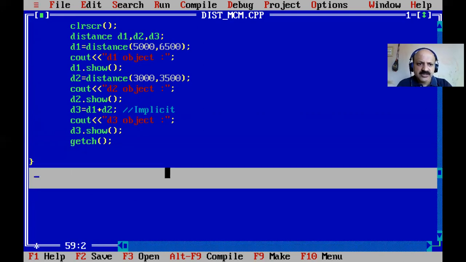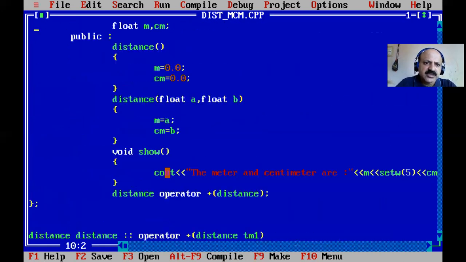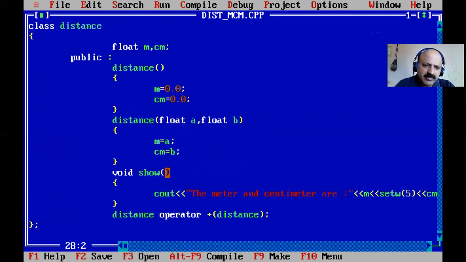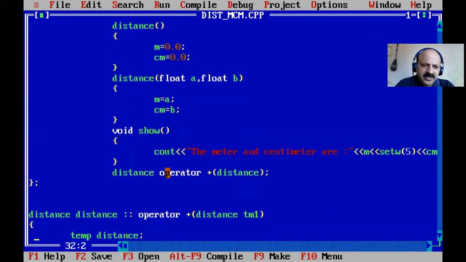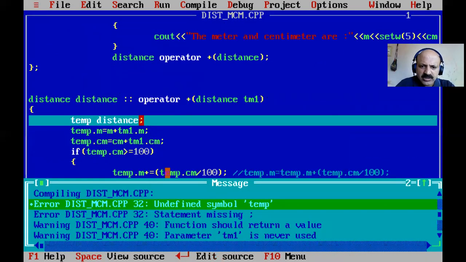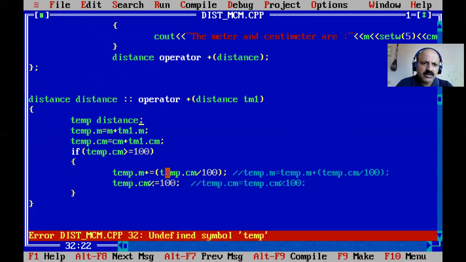Okay, now I first save and then compile. Let us first check: 1 meter equals 100 centimeters, so we convert centimeter to meter, smaller value to higher value, because centimeter is a smaller measurement and meter is a bigger measurement of length.